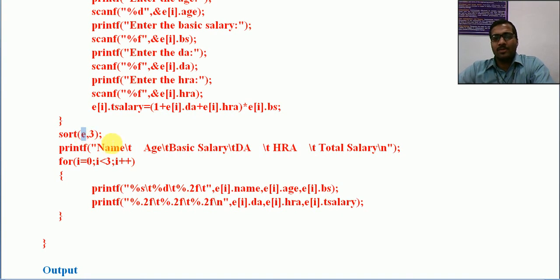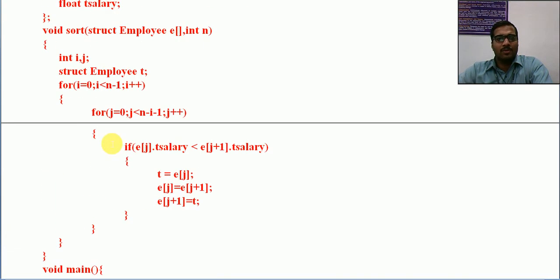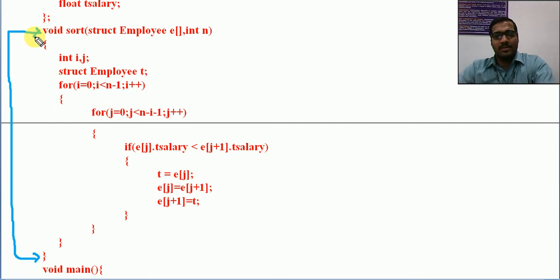I'm simply calling sort. Now while calling sort, what will happen? We'll go to the sort program. Just look at the sort program. You can see a lot of similarities with our previous bubble sort program. The importance of bubble sort: we are using this in various situations. String handling, we used that. Array, we used that. Here also we are using this.